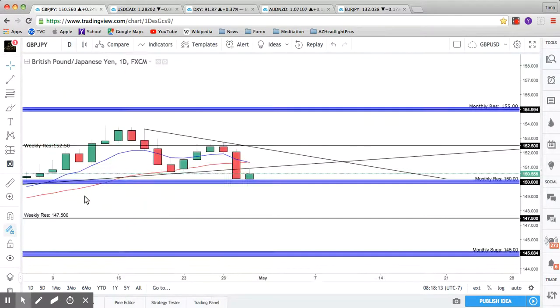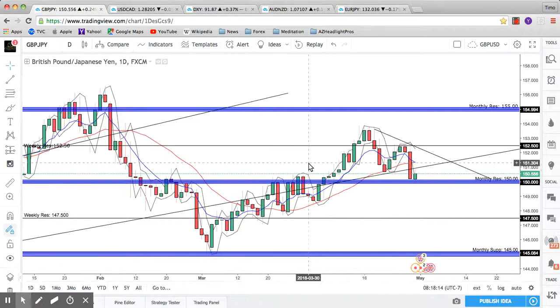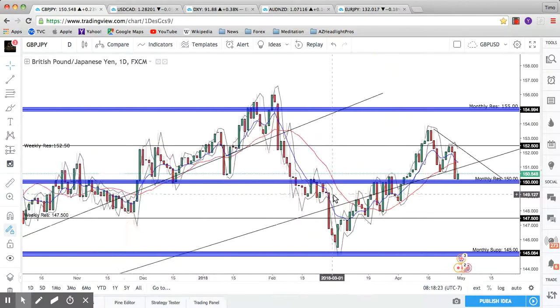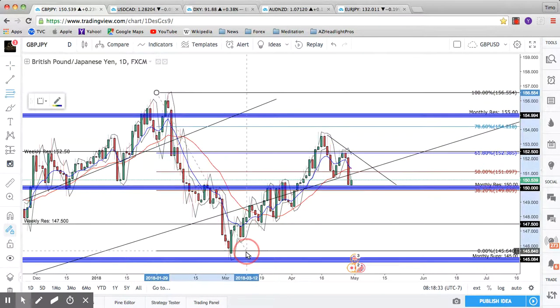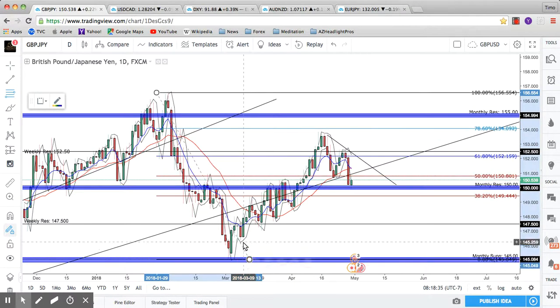Now let's look at the daily. Now on the daily, we had a nice bearish momentum stopping right at monthly support of 150. Okay. And as you see, we broke out of the counter trend line. But most of all, you have, if you take this overall structure from high to low,